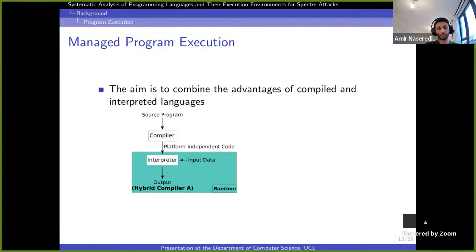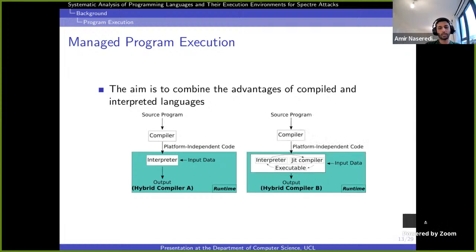One example is OCaml, where the compiler works that way. It's called ocamlc, ocamlrun. The compiler generates a program independent code, and in this phase, we can do the optimizations that we want. Also we can have portability by running it in the interpreter as many times as we want to.